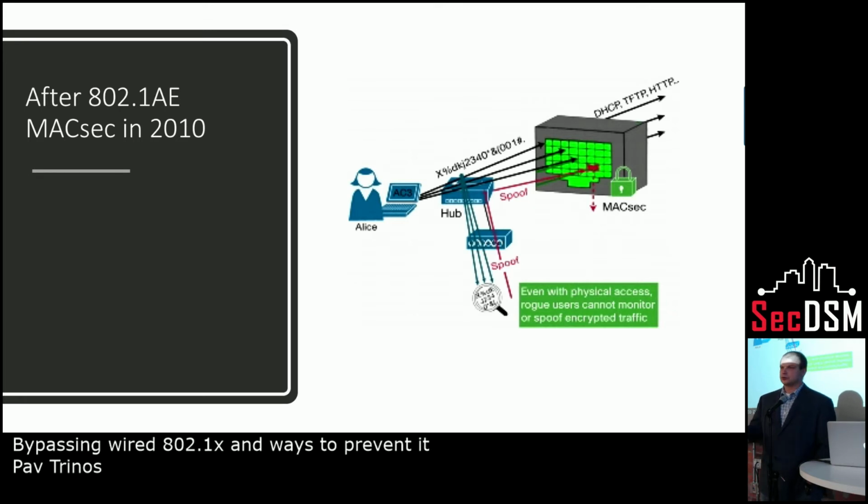So after 2010, with proper implementation of MACsec, and I will go a little bit into what it really entails, there is no spoofing. You see the Ukrainian? Good stuff, right? No spoofing. You cannot read it. Wireshark will not yield you anything when you get all the port information into yourself.